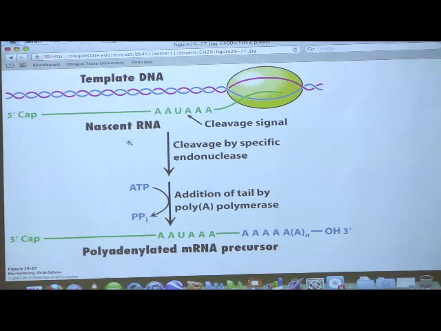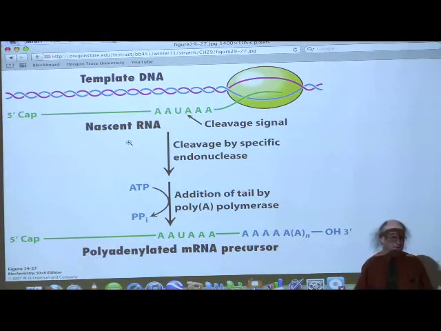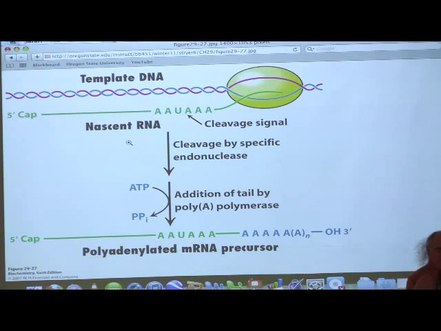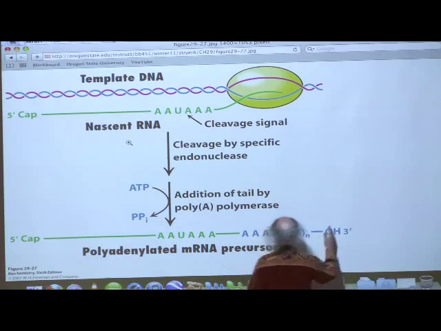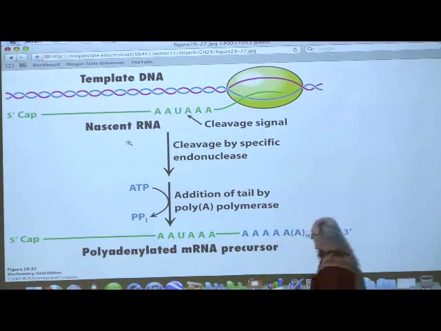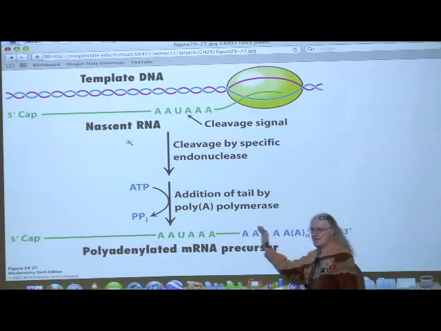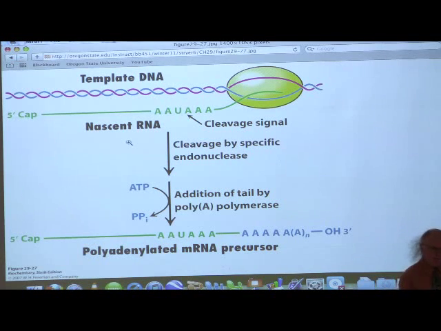The length of that sequence of A's, that is the number of A's, is related to the stability of the messenger RNA. Longer means it stays around longer. More A's means it stays around longer. The reason is that nucleases work from the 3' end inwards, and they don't work very fast, and they start chewing through these A's. The more A's there are to chew through, the longer the messenger RNA lasts.